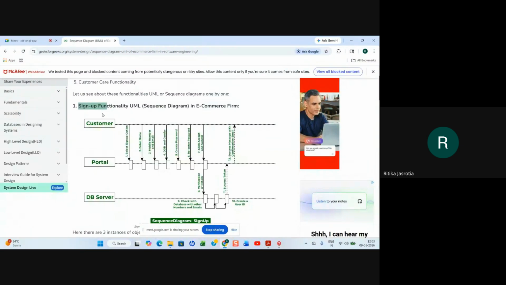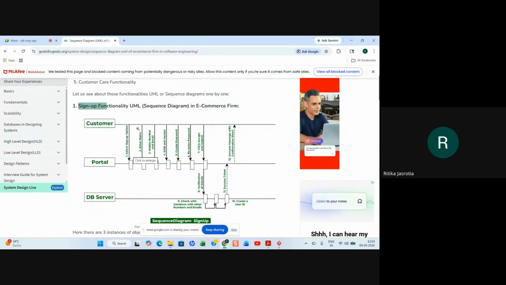So this is a sign up or login use case. So a customer selects the sign up option, and then he enters the name, mobile number, and email, right? Date of birth and gender if they are asking, right? Then the password, he creates a password for his sign up, and he re-enters or confirms the password, and then checks, clicks accept and submit, right?